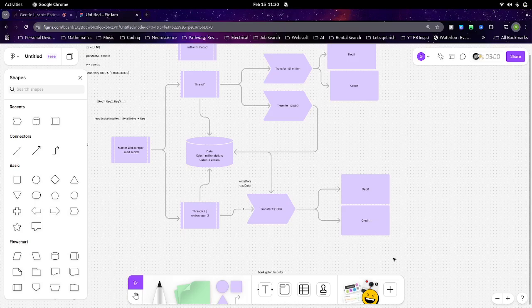So I guess it's a good point to ask, does anyone have any questions about the problem that we've identified here? The problem is that with thread 1 and thread 2, we don't know which one's going to end first. Keep in mind that the data could be switched around.